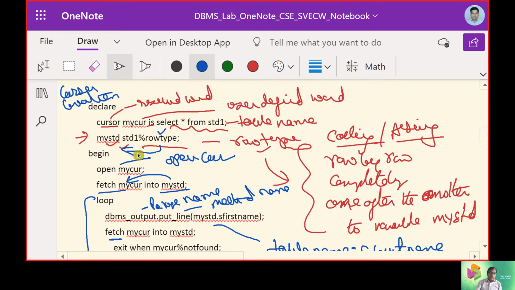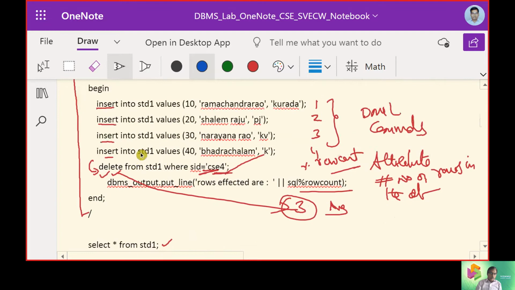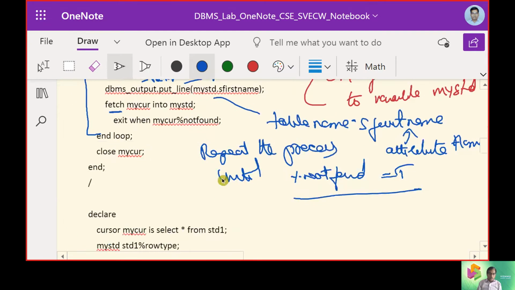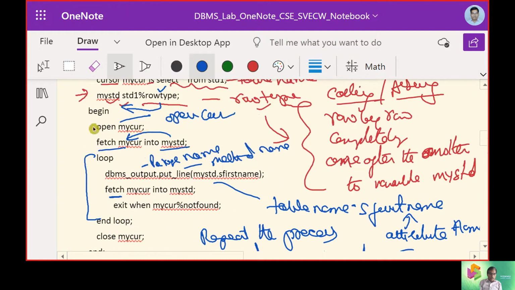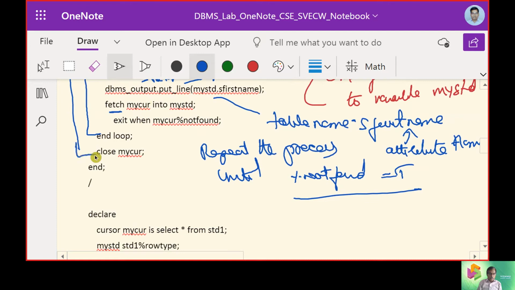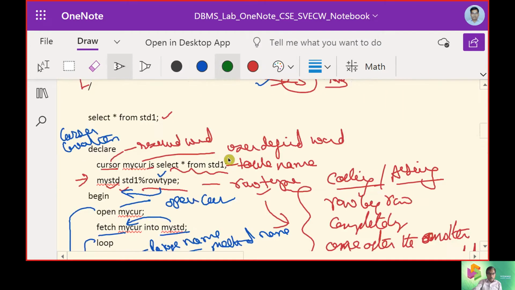That means you have four records. So record 1, record 2, 3 and 4, and you deleted 1. So obviously we have 3. So now you open the cursor. Now it is up to you to close the cursor. Okay, so that is the observation you need to keep in mind.